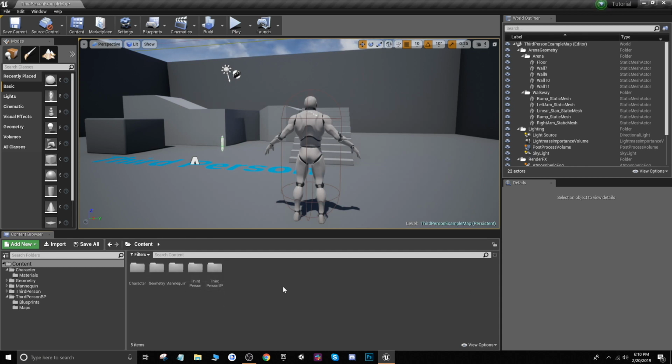So once you've got your project all set up, the very first thing that you need to do is add your character, and you want to do that before you import your animations, because when you import your animations it's going to ask for your character skeleton. So we do already have our character imported already into our project, so make sure that's the first thing that